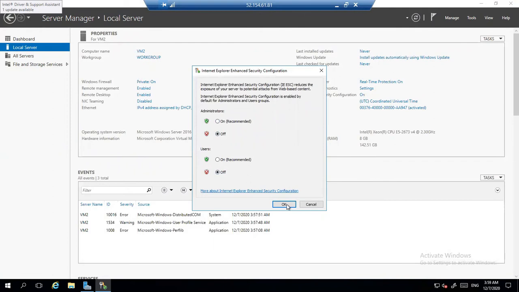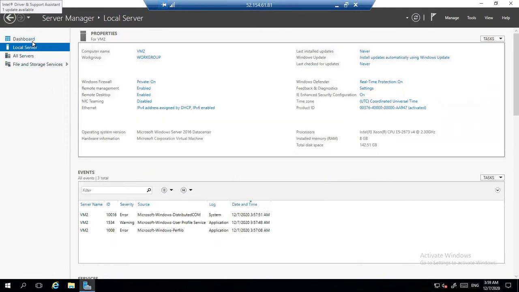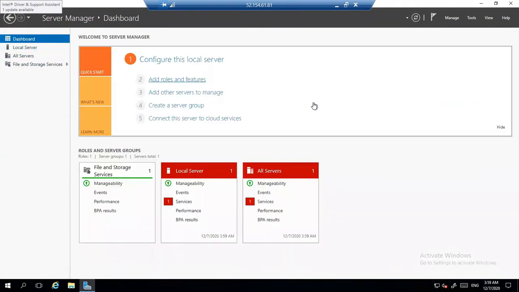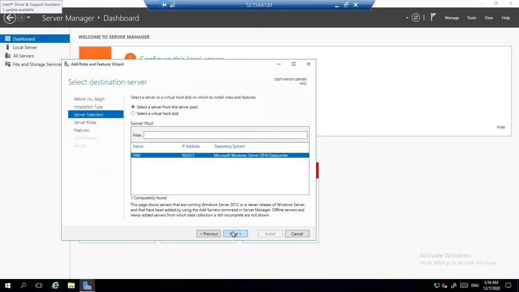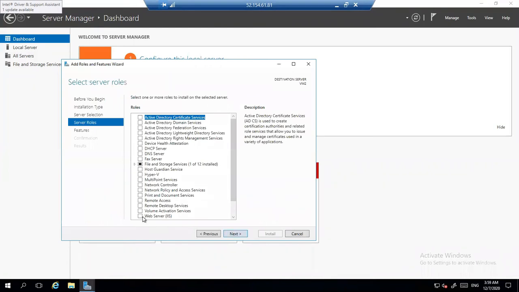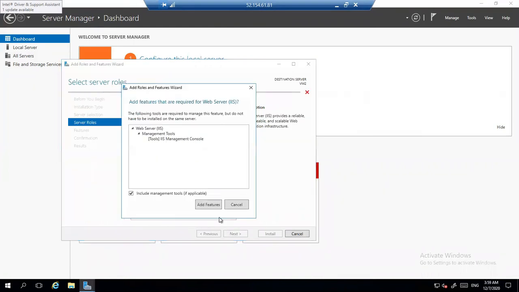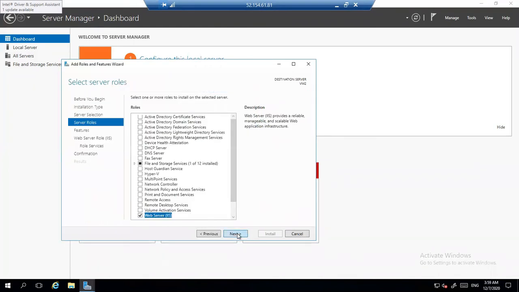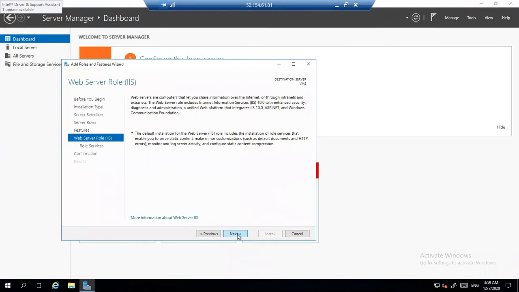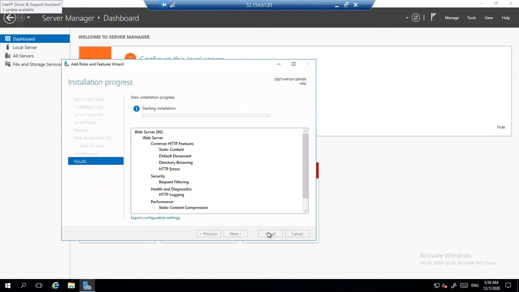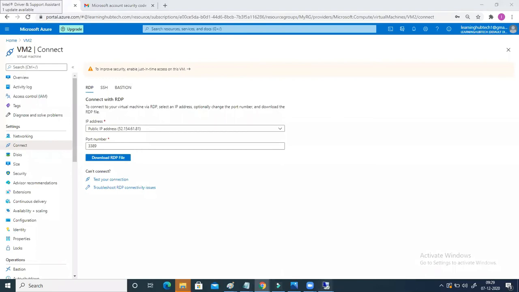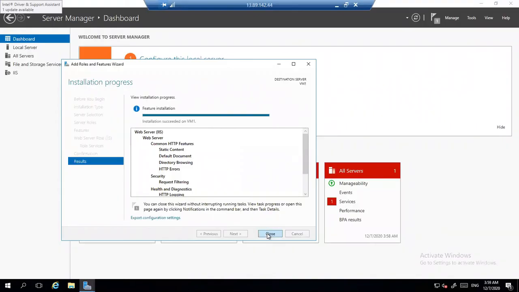Disable it. Okay, so in the second virtual machine also installation is going on. In the first one it has completed.